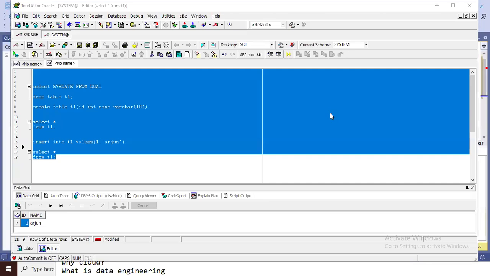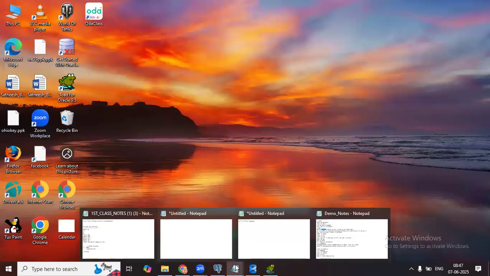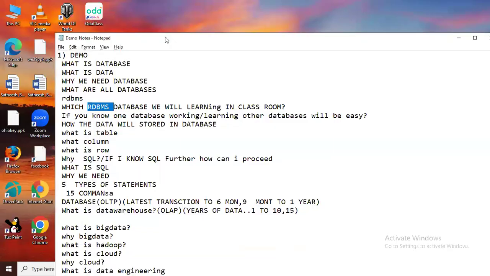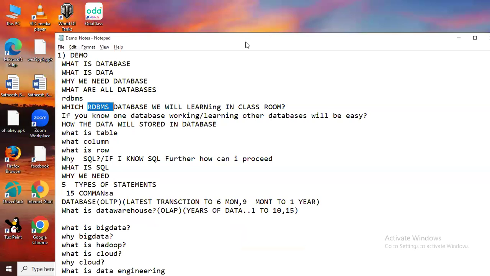Why, Arjun? Which company you will go, which team you will go, which project you will go, you don't know. You will be working on one project. Then you want to go to another project, and there they will say that we are using a different database. You should not worry at all. At the end, it's a database. If it is a database, SQL will be there. You have to run that query. Syntaxes will be 80 to 90 percentage same. 10 to 20 percentage will be different here and there. That different part you need not worry much about. While working also you can learn, because 80 to 90 percentage it will be same.